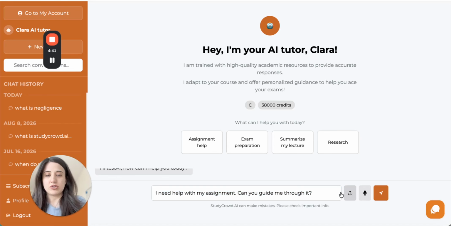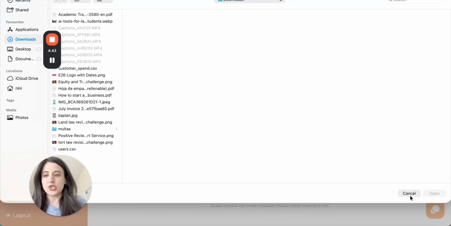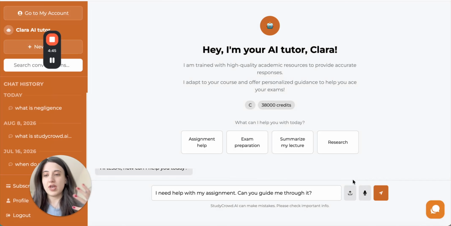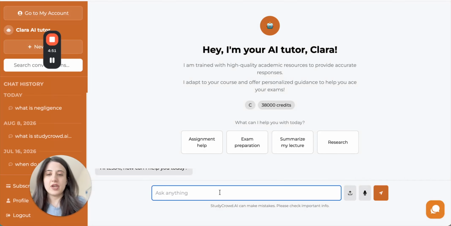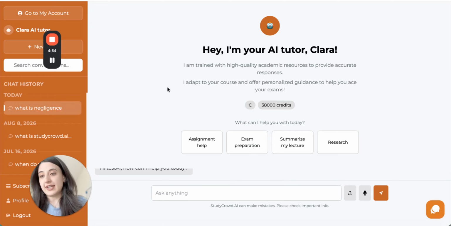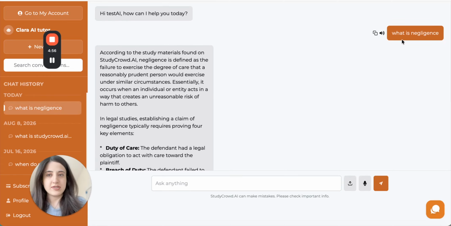You can upload documents as well. So you can upload your own course materials to further personalize this AI for you, or you can do research, anything you like. For example, what is negligence? This is the question that I just asked, and it gave me a very comprehensive answer,